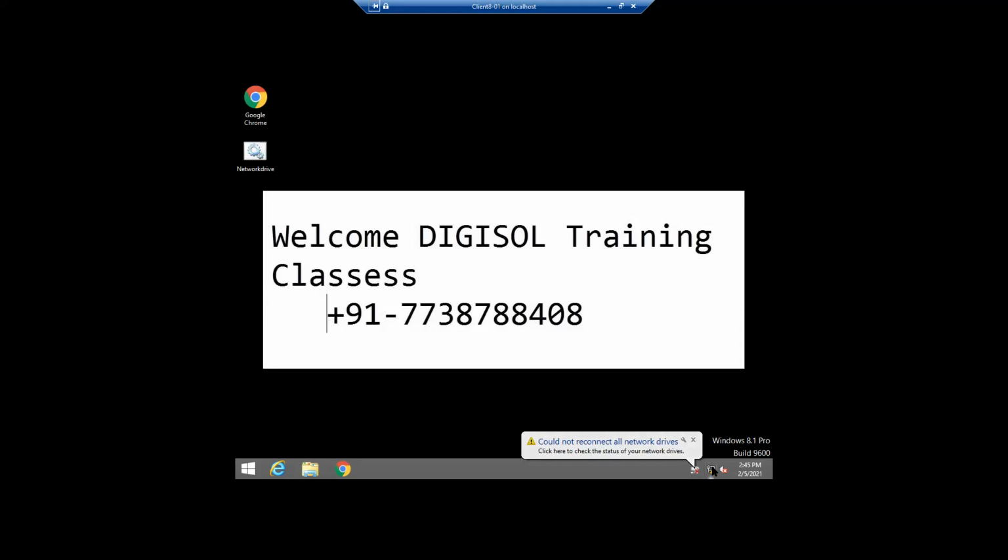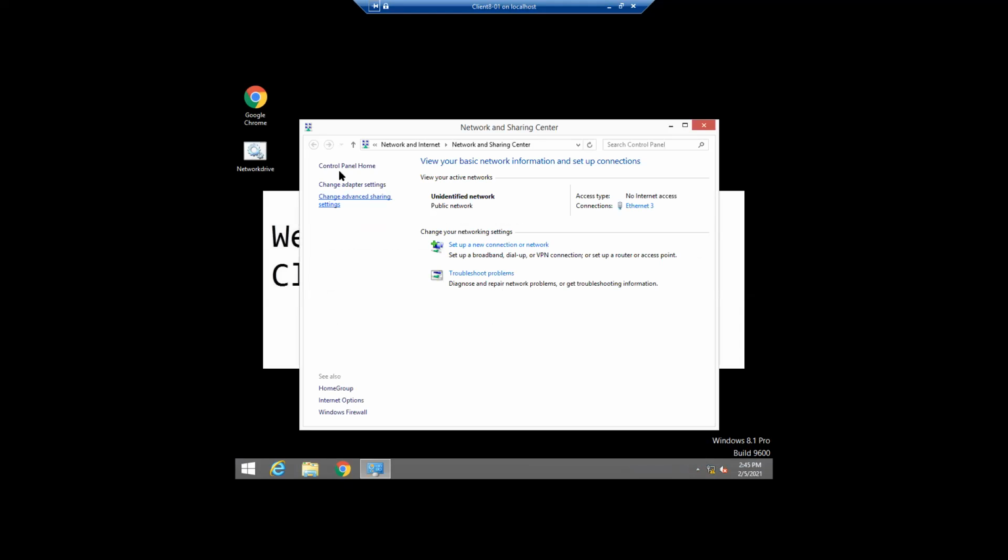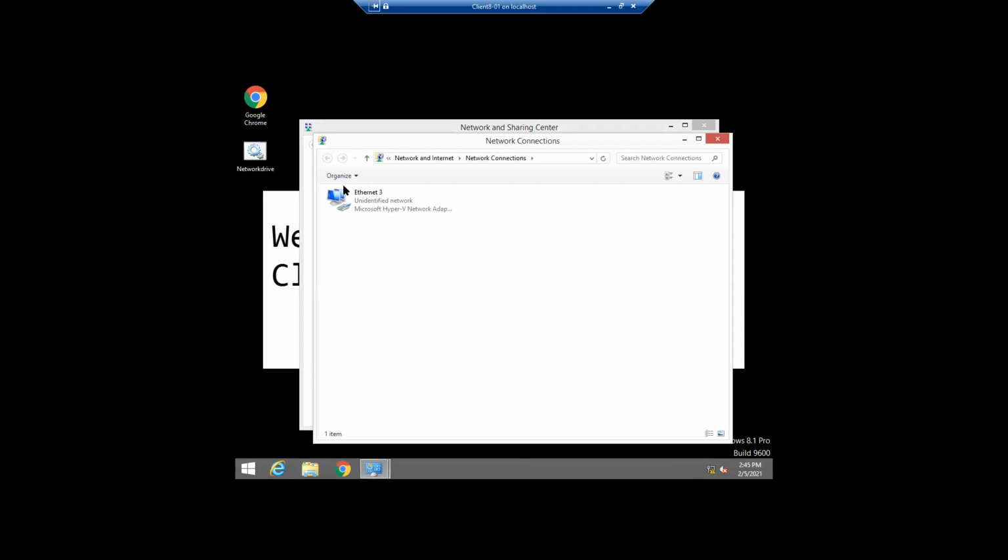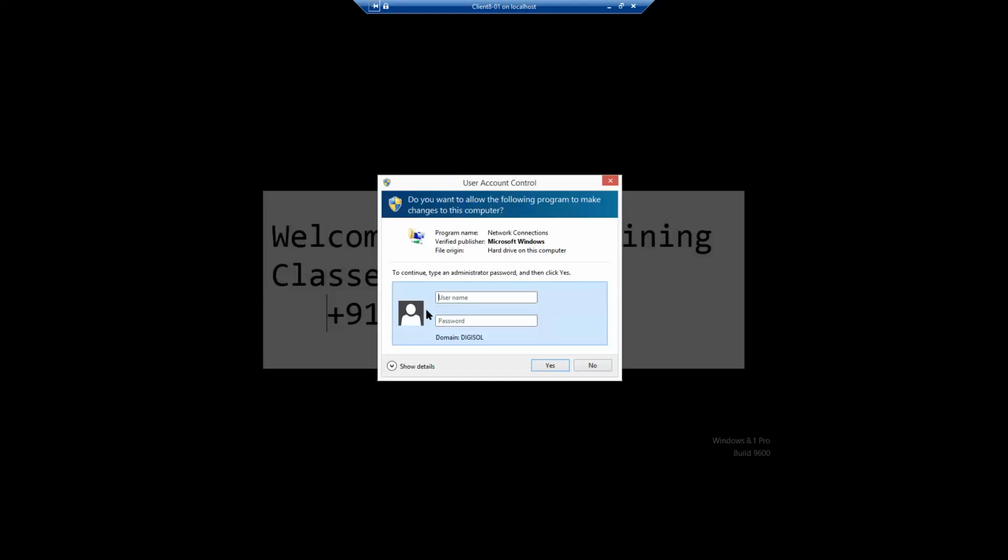So I will check whether the IP address is also in the same range. Just a moment. Yeah, okay, I am opening the adapter settings. Then I will try to correct the IP address in the same range. The Exchange server has 108, so I can give this one 109.